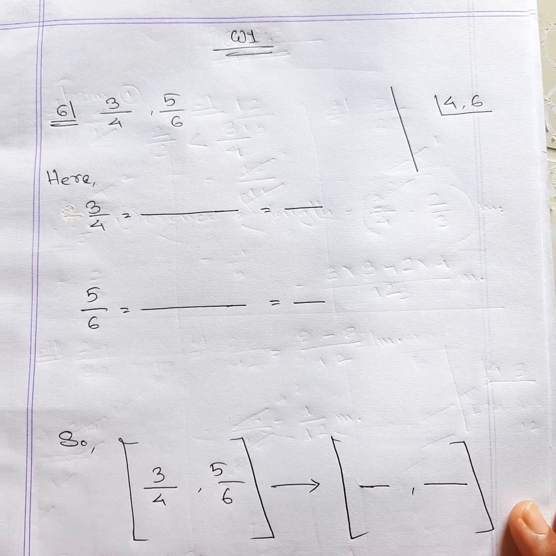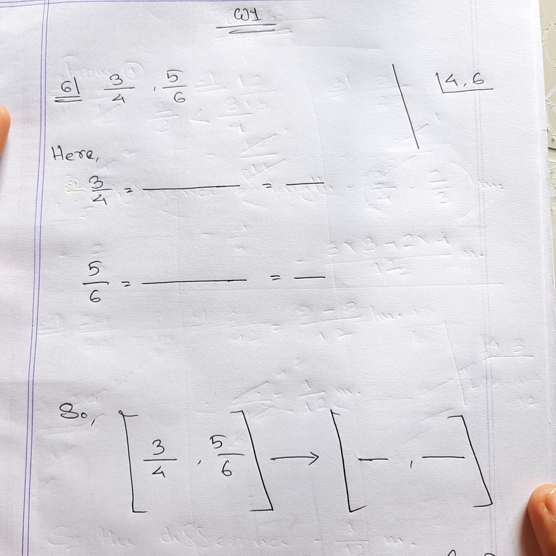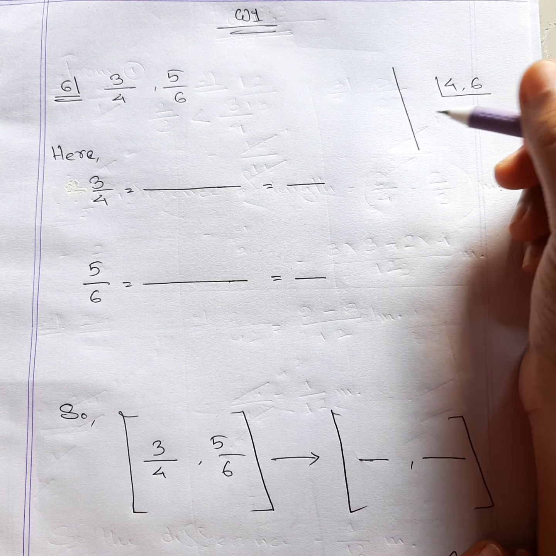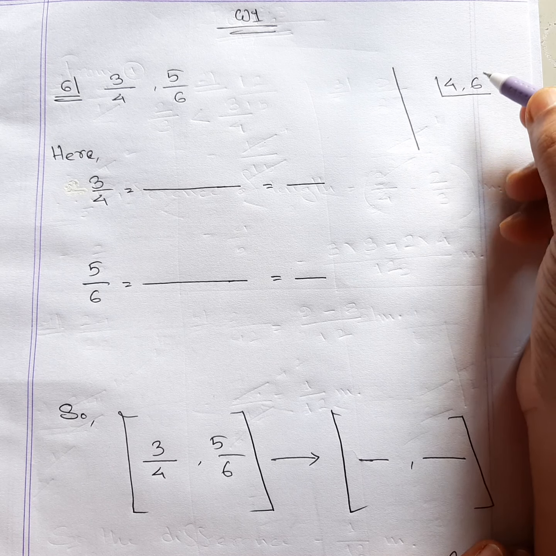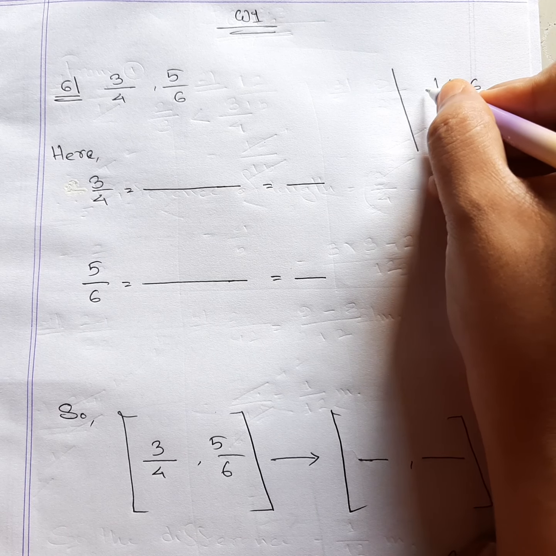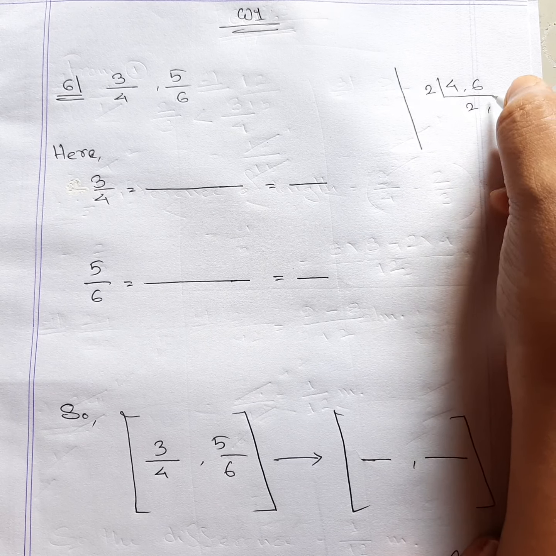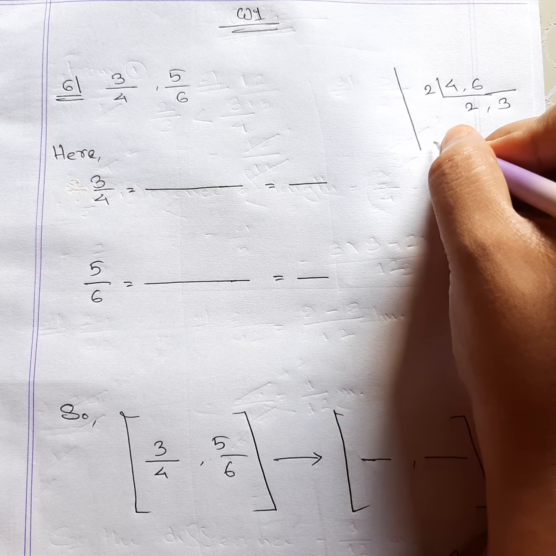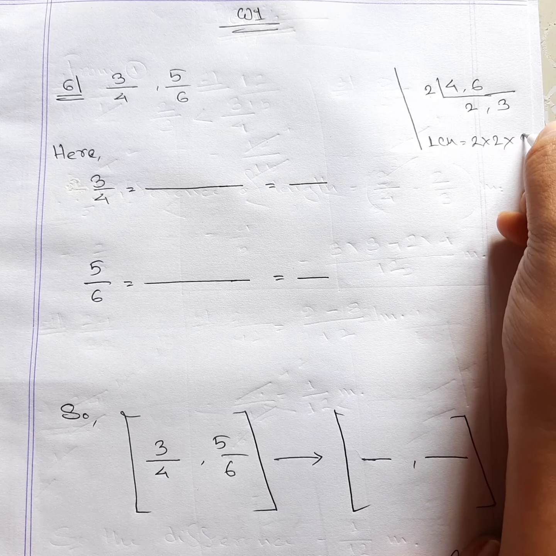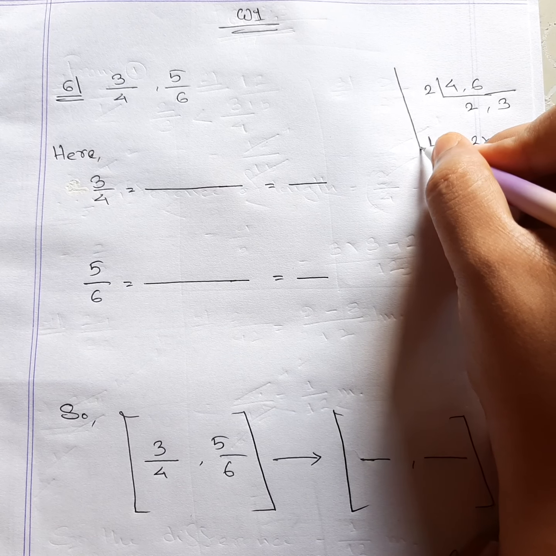This one is from page 97, and this one is the white one, number 6 math, and I have already written down the LCM part. You can see in the other copy, in the other math, we had to divide the denominators with one number, but we couldn't do it. But here we can do it because both of them are even. So we can divide with 2. So it will be 2 and it will be 3. Now we cannot do it. So our LCM equals 2 into 2 into 3. So 2 2s are 4, 4 3s are 12. So our LCM is 12.